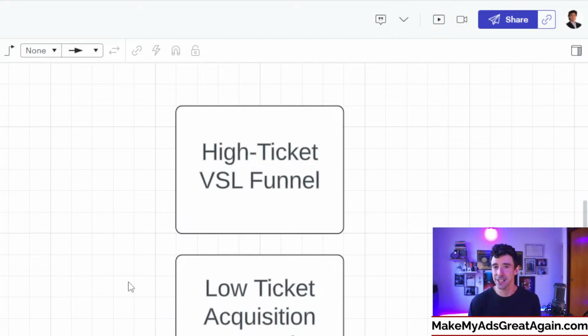So it takes a decent amount of time and nurturing and whatnot. Now, these VSL funnels kind of shorten that curve, but still, people might stay in this funnel for weeks and sometimes months, right? They opt in today, but they might watch the presentation tomorrow or maybe the next week, if you keep on reminding them about the presentation. Or they might watch the entire presentation, they might not apply, and if they apply, then they need to hop on a call with somebody, and then the call happens a couple days from now, and then they need to talk to their spouse. You know how it is, right? Or they need to get